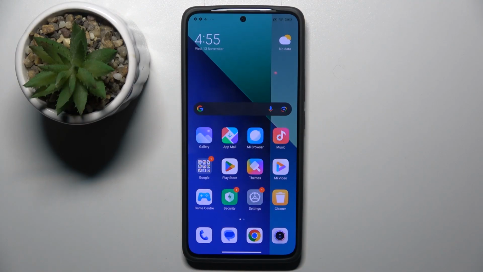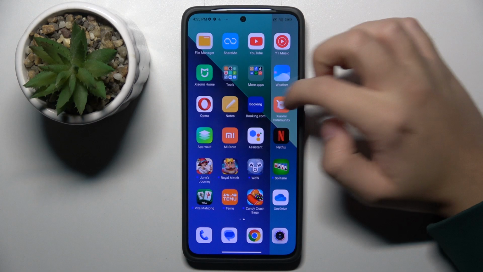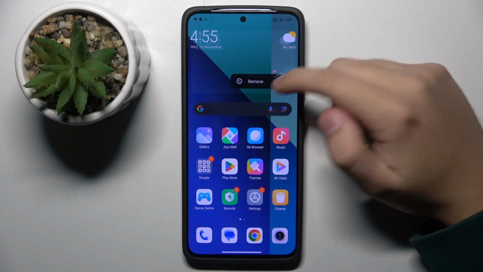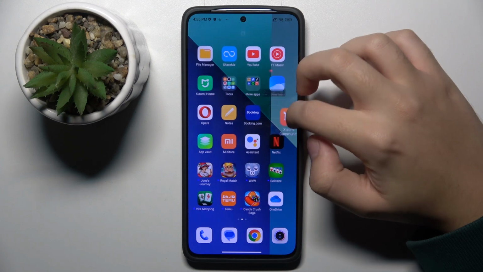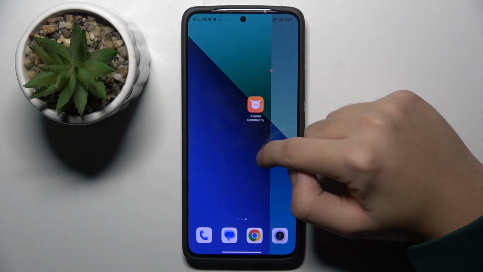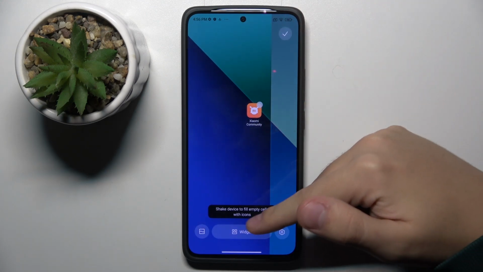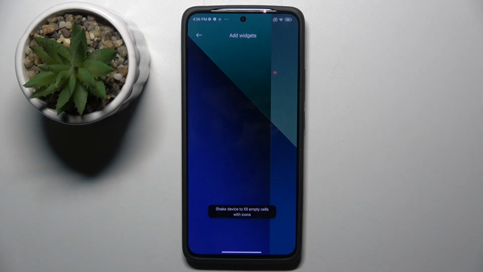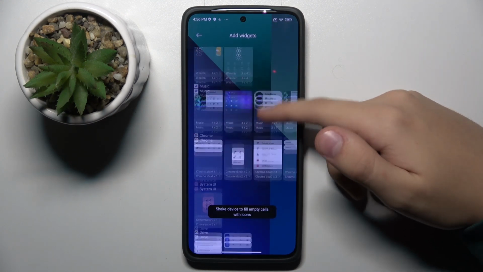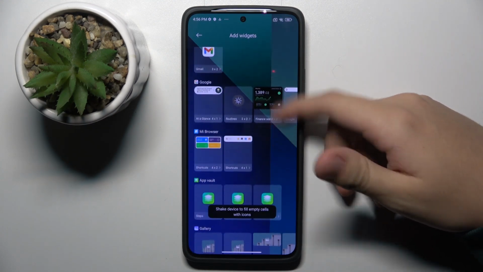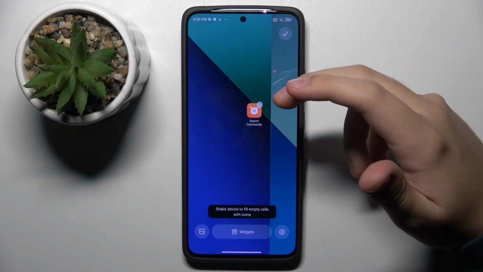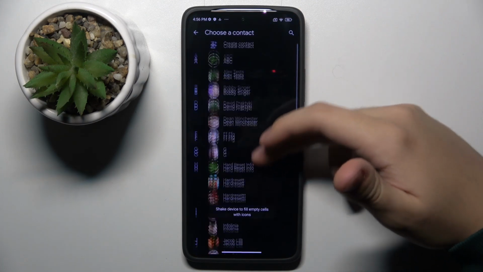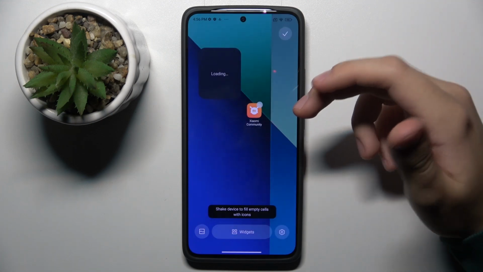Alright, so to do this, firstly we have to just hold on our wallpaper like this. We have to hold on our wallpaper, and as you can see right here we have the widgets option. Now we can just get whatever widget we want from here. For example, I don't know, this one, and we can here choose contact for our widget,